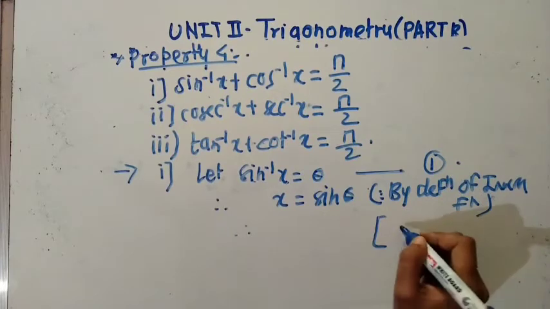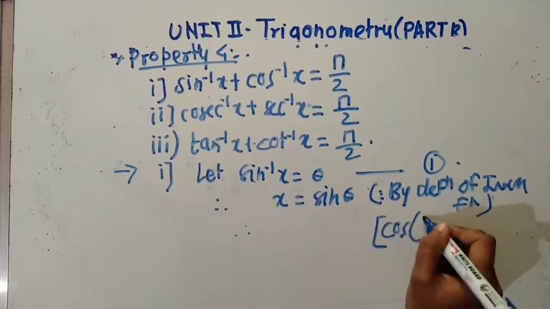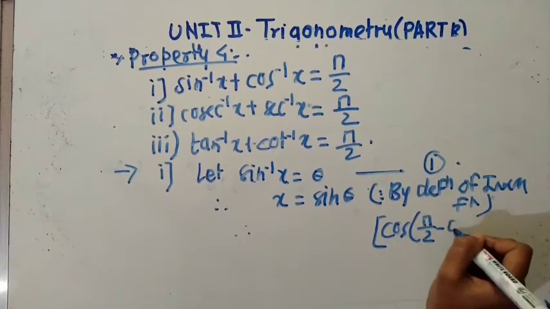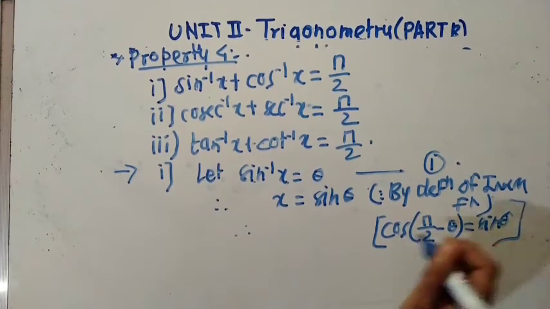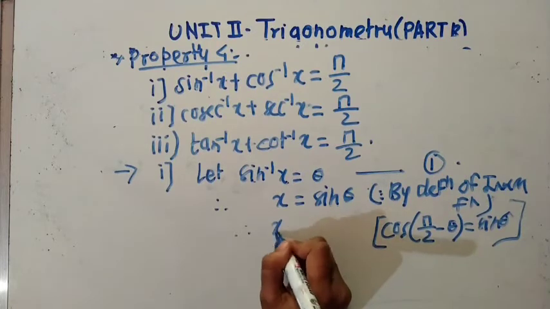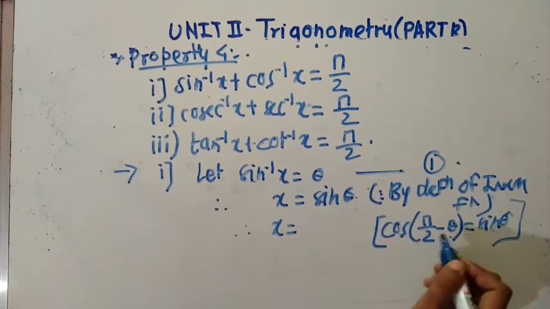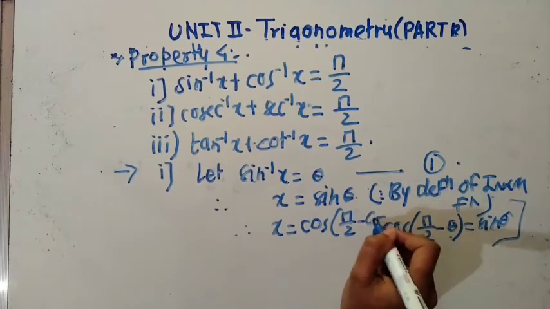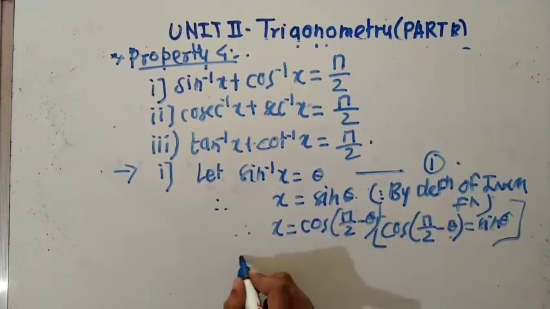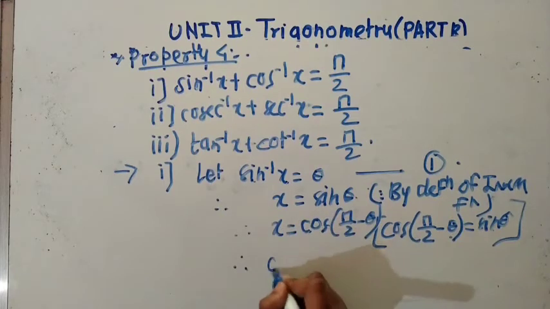But we know that cos of pi by 2 minus theta is equal to sin theta, which means x is equal to sin theta, instead of which we write cos of pi by 2 minus theta. Hence cos inverse of x